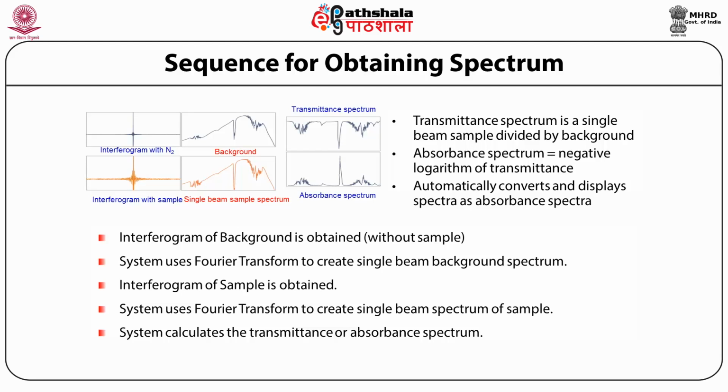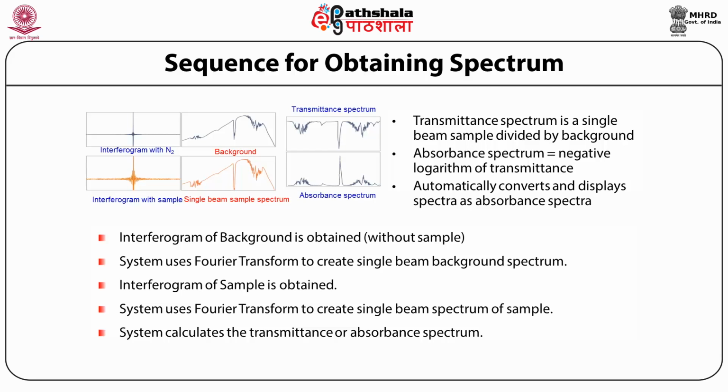The interferogram of the background is obtained without the sample. The system uses Fourier transform to create a single beam background spectrum. The interferogram of the sample is obtained and the system uses Fourier transform to create a single beam spectrum of the sample. And finally, the system calculates the transmittance or absorption spectrum in the form of FTIR, which has useful information about